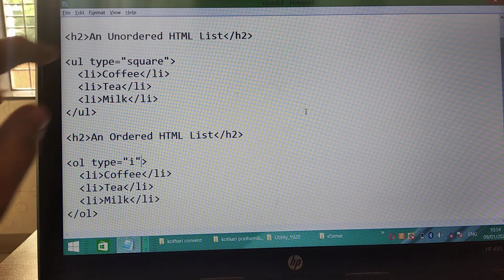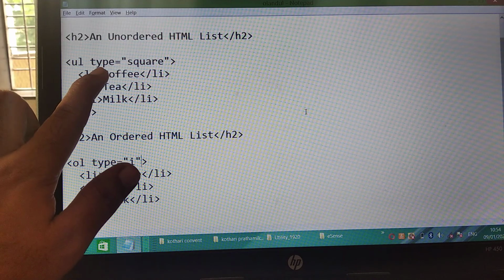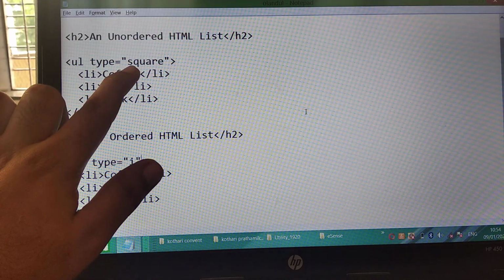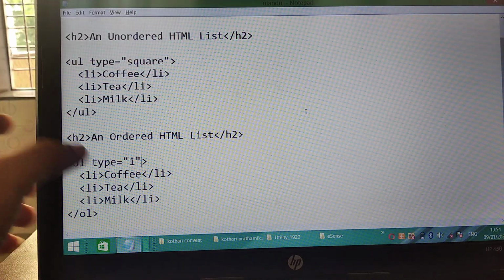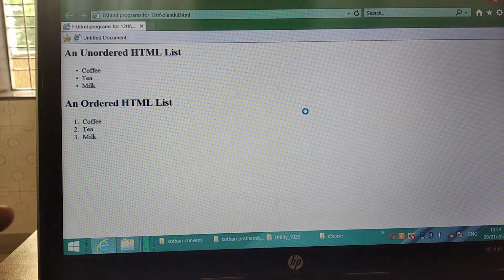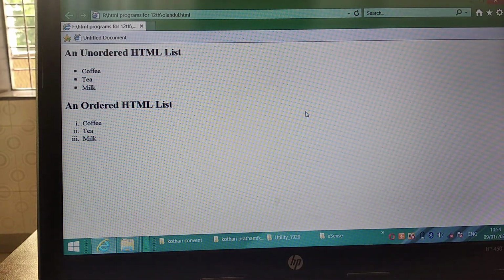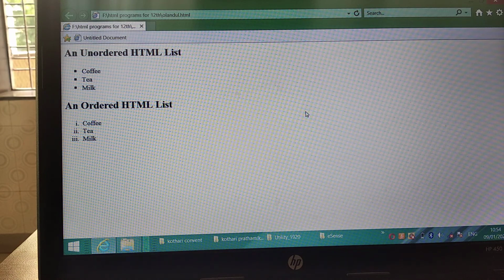Firstly, look at the coding part and very clearly verify the spellings. After that, save the HTML document and then look at the output screen and just refresh. Here the output automatically changed with the given type.